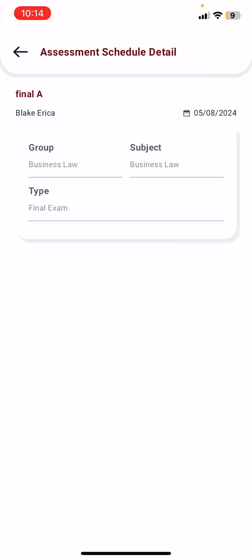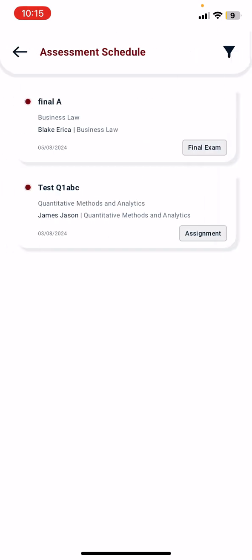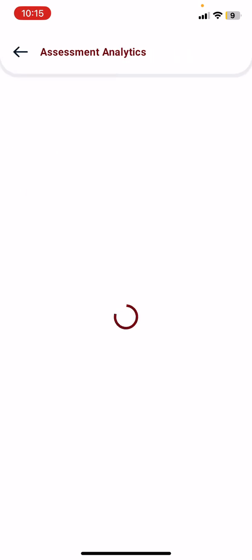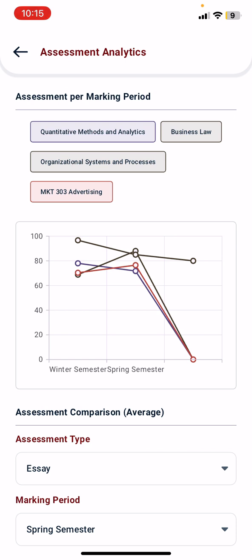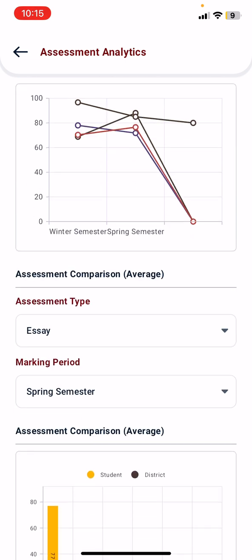In the assessment analytics, you can view statistical data on your performance in each subject. You can also select the assessment type you want to see and the marking period. And down here you can have assessment statistics per subject to have a more detailed